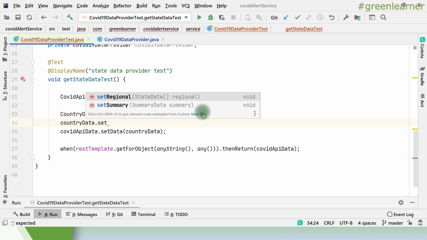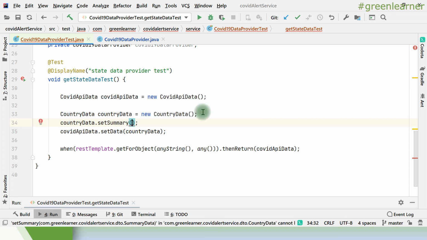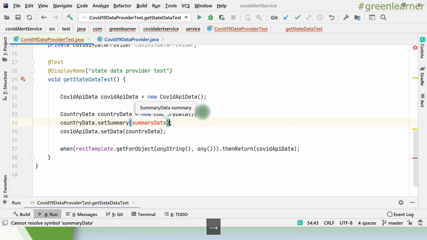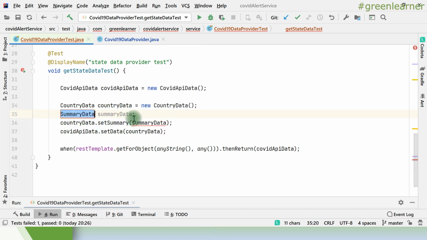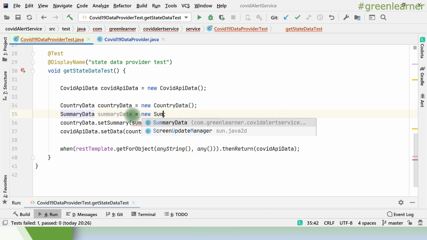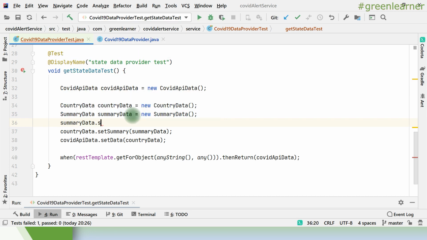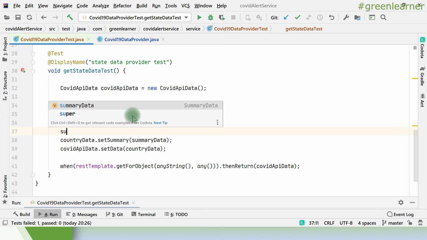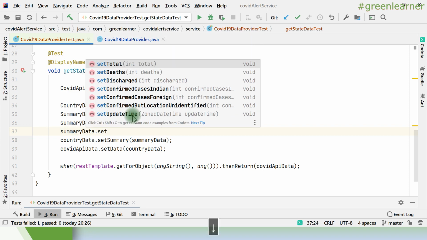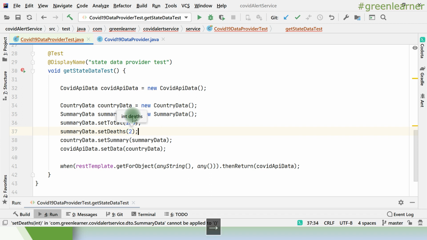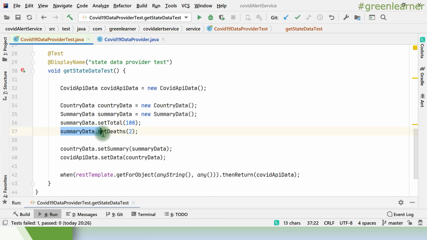So country.setSummary, I have to set the summary as well. New SummaryData, and inside the summary data I have to set the total. Let's suppose it's 100. SummaryData.setDeaths. Let's see, 2 deaths are there, so I'm just setting the data, right?